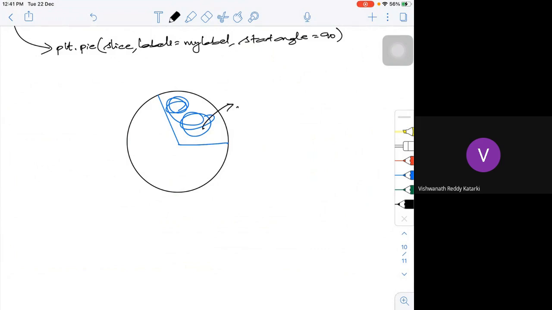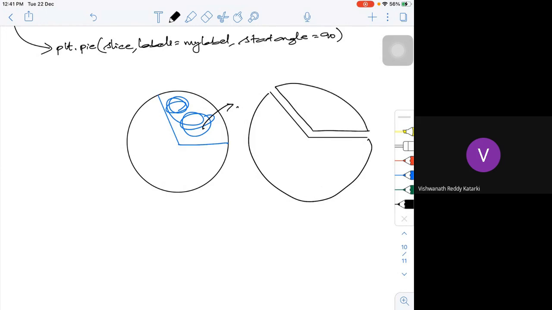It will look something like this. This will be your one part, and I'm going to explode it by 0.2 times. That is, only the first part. You can give 0.1 or 0.2, doesn't matter. That means 10% or 20% like that.